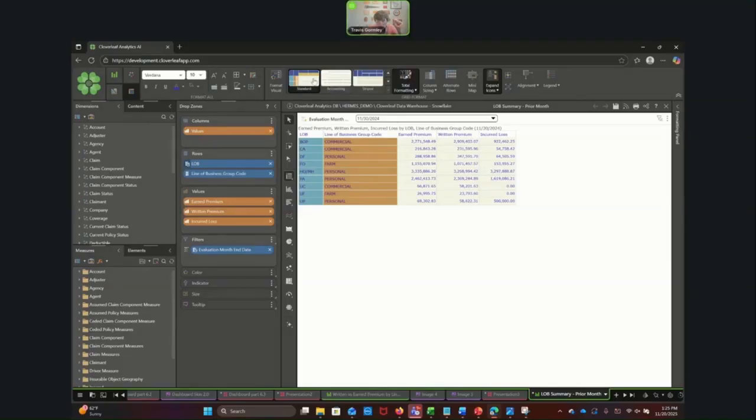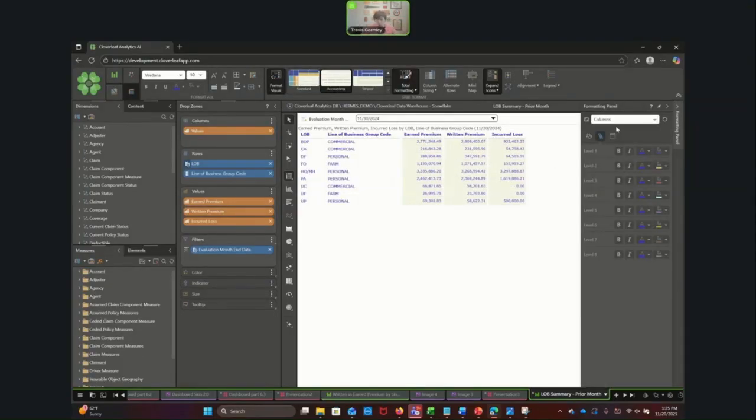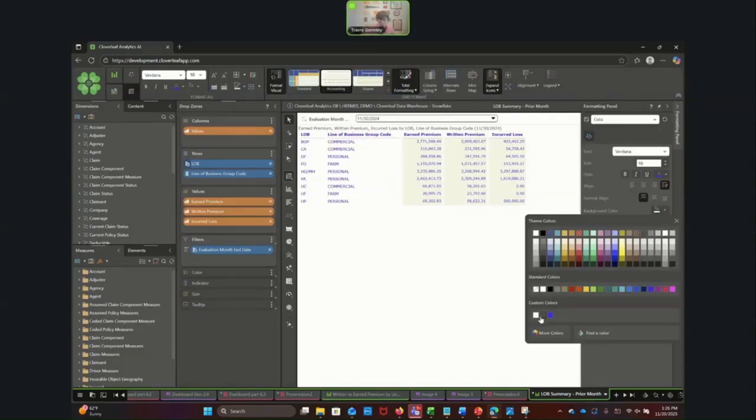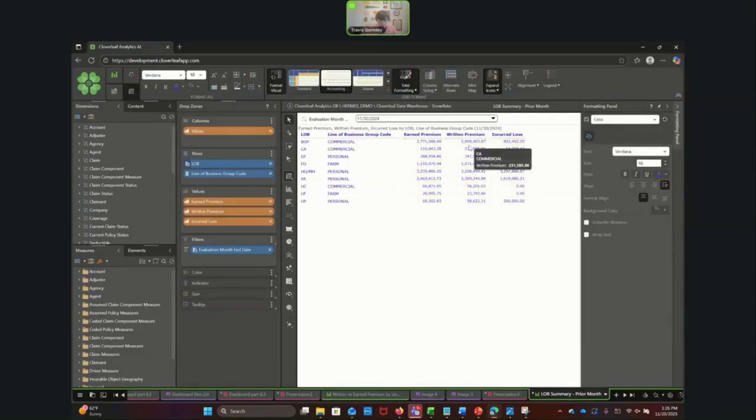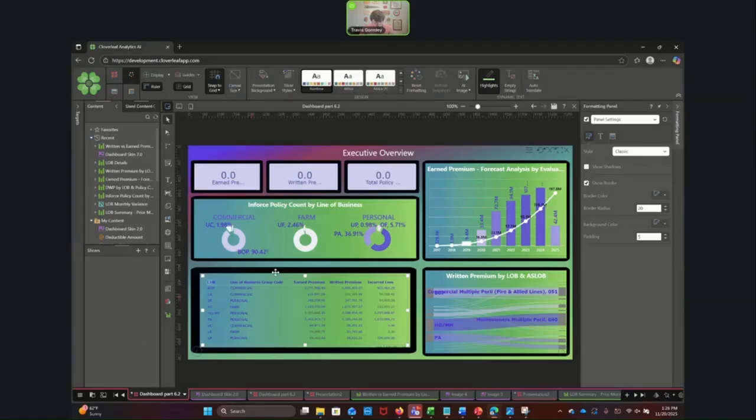So a couple of ways you can do it. Again, it can be easier to have a shortcut in place once you have what you're looking for, and you do have the background all to transparent. You can save it, get it into our dash. So that's how I would take a chart or take a table that we've created, make it transparent, and then put it onto a backdrop or onto a specific dashboard in